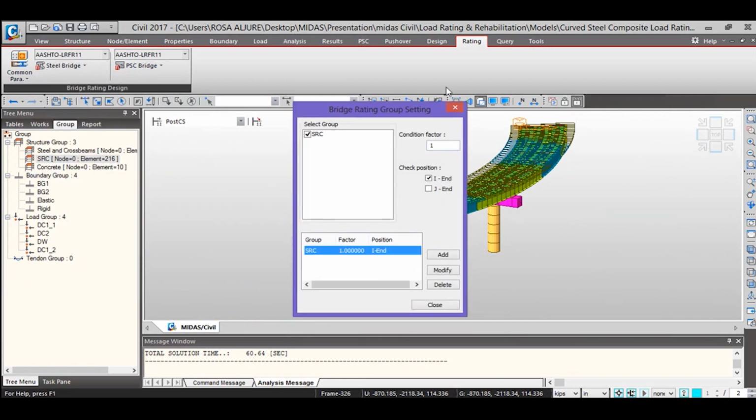Here I can apply a condition factor. In this case, I only use the I-end as a check position, because the I-end is going to be the J-end of the following element. So I'm just going to use this check position.